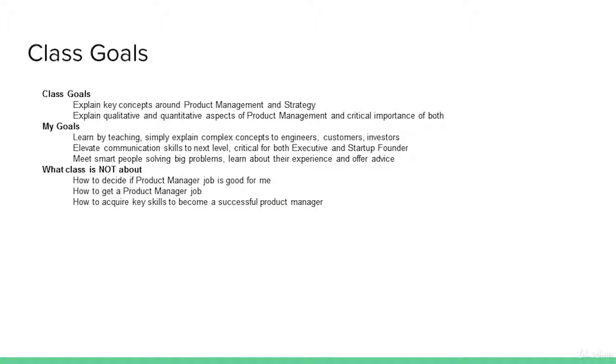There are three key goals to this class I would like to talk about. So the first goal for this class is to simplify and demystify the key concepts related to product management. The second goal of this class is to explain and emphasize the critical importance of both quantitative and qualitative approaches to product management and product strategy. And the third goal for this class is, for each of the product life stages, such as new product, growth product, and mature product, to define a success formula and define a set of levers which you can manage to drive success.